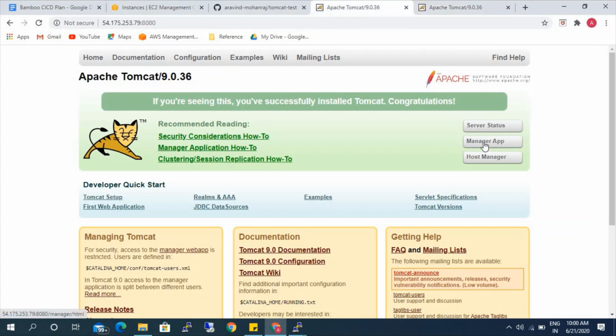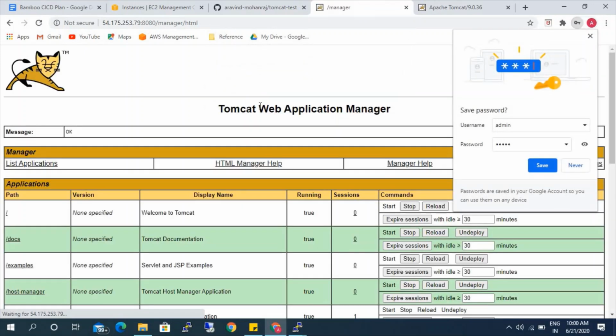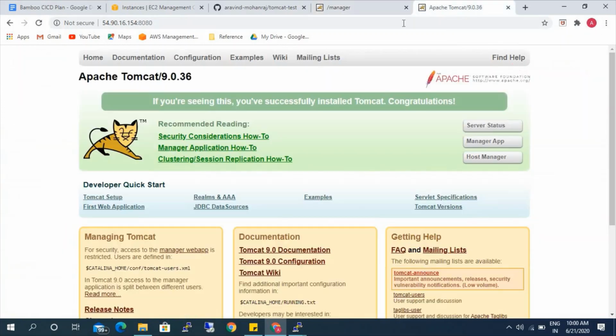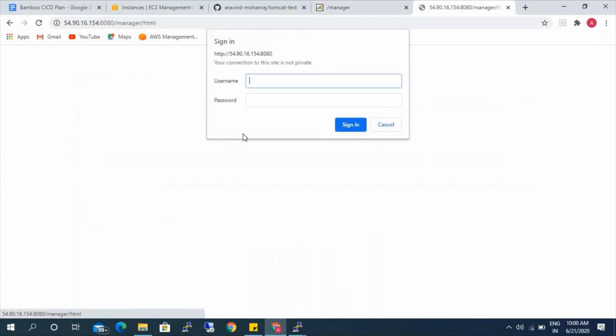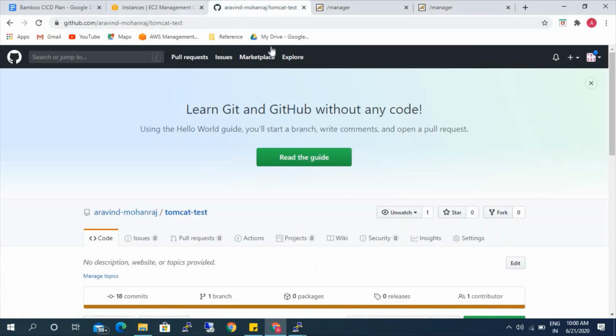So let's check if we have access to the deployment admin and the password. Yes, we are able to access the Tomcat web application manager through which we can deploy. Okay, let's check for prod as well. So this is the user and the password that we created in the users.xml file. Okay, we are able to access both prod and dev.